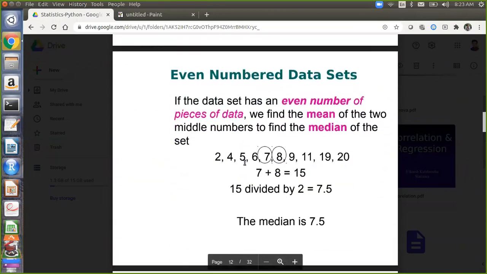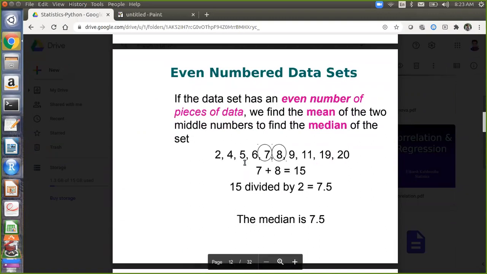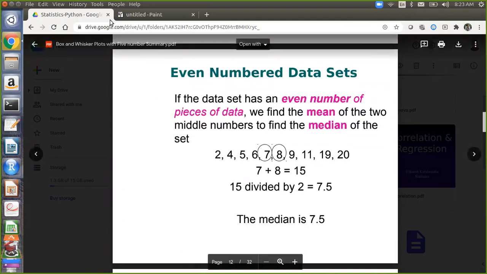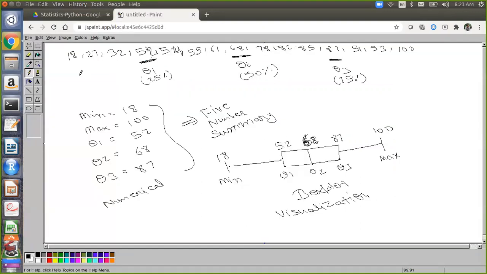Now the question which you asked, about an even numbered data set. Right now, if you count the values, 1, 2, 3, 4, 5, 6, 7, 8, 9, 10, 11, 12, 13, 14 and 15, that is 15 values. When the number of values in your data set is odd, finding the center is very easy. You select the center, and on the left-hand side you will have 7 values, and on the right-hand side 7 values.